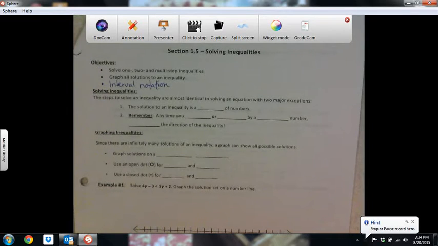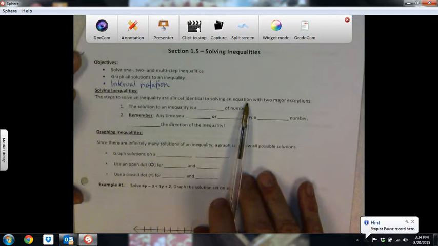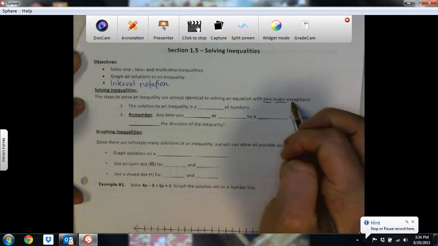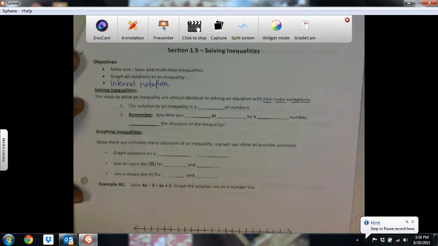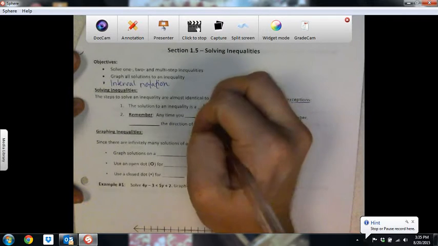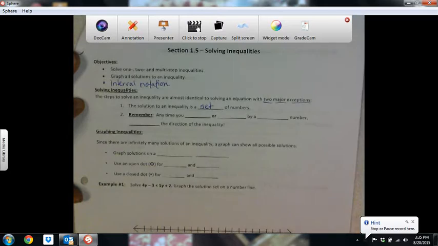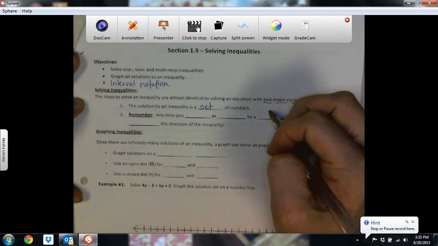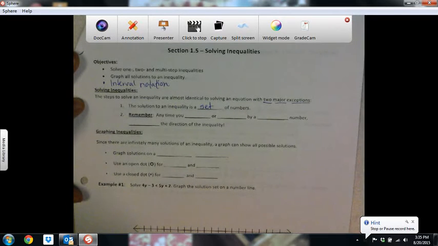When we solve inequalities, the work of solving an inequality is almost identical to solving an equation with two major exceptions. Those two major exceptions are these. The first, the solution to an inequality is a set of numbers rather than a single value. When we solve an equation, we get an answer like x equals 2. For an inequality, we get something more like x is greater than 2, which is a whole set of numbers